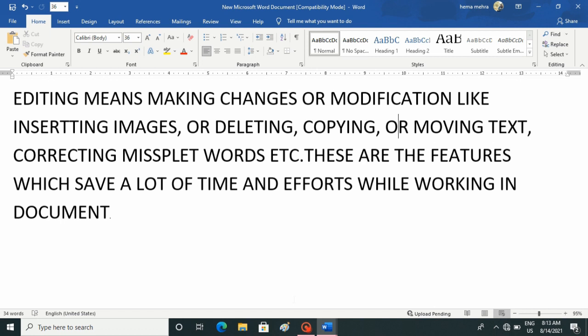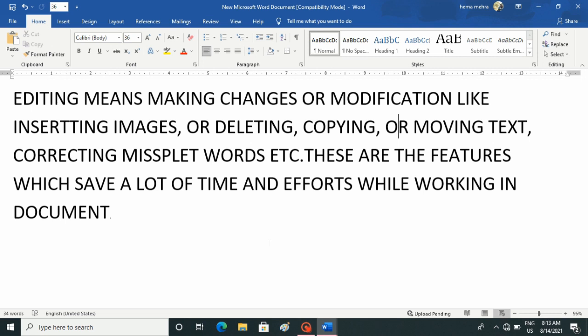This block of text can be a word, a line, a sentence, a paragraph, or the entire document. Word offers shortcuts to select the text block quickly. Now let's see how to select different things like word, line, paragraph, sentence, text block and the entire document.